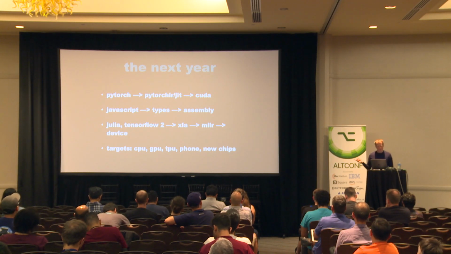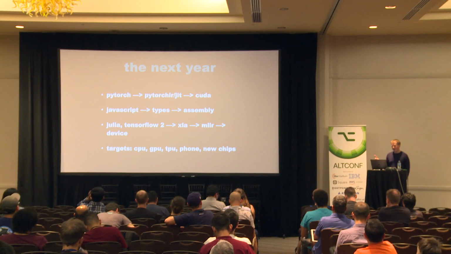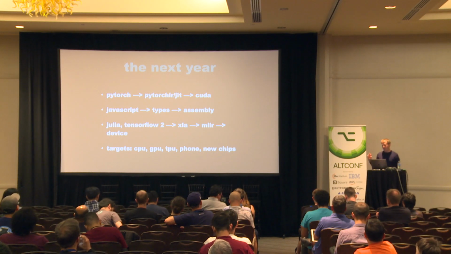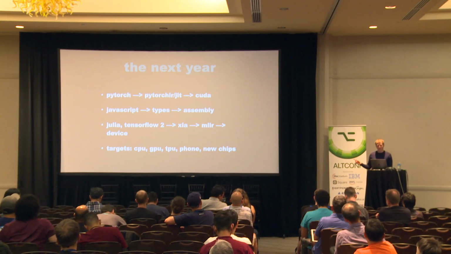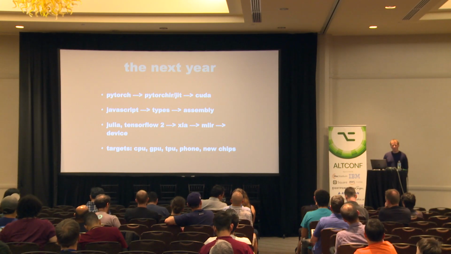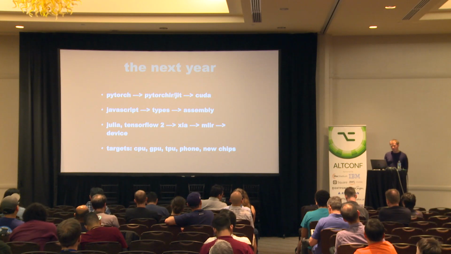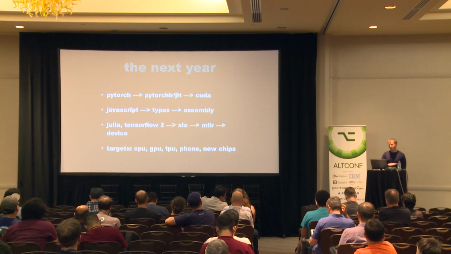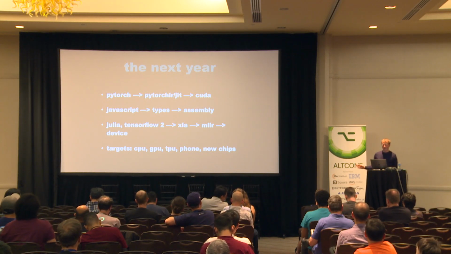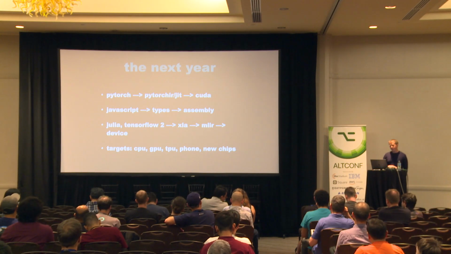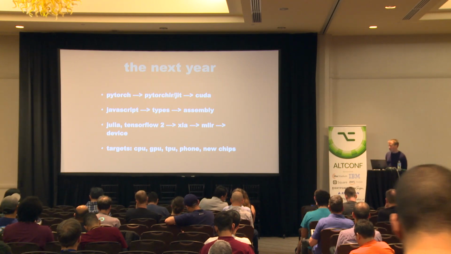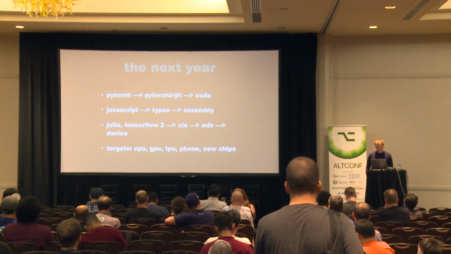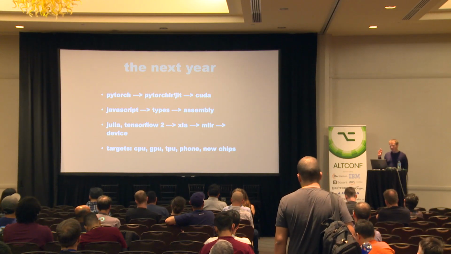Julia is another machine learning programming language, and they're sort of piggybacking on top of all this. But for TensorFlow 2, the big push this year is to get everything over to XLA. Historically, TensorFlow has not had a unified linear algebra system. And so Google is saying, OK, we're just going to do everything one way. It may or may not be the right way, but then at least any optimizations we get will be applied to the whole ecosystem. So the second part of Swift for TensorFlow is this MLIR part,